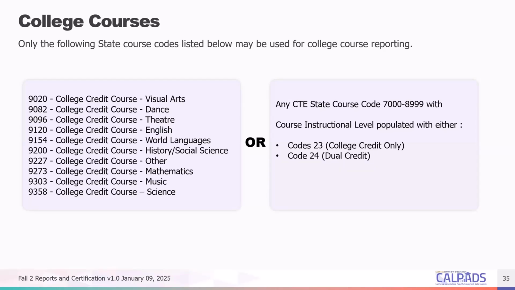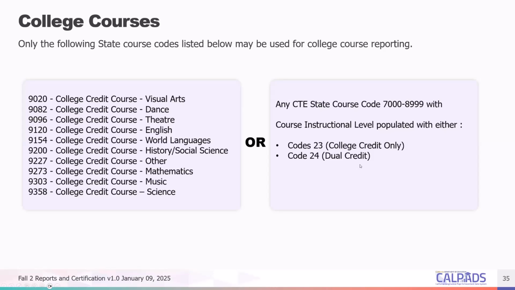If you have an agreement with the community college and students are taking courses there, you want to report the course with the college credit course code. It doesn't matter the subject, whether it's pre-cal, calculus, or calculus 2, it's just 92/73 college credit math. That's what we are collecting. Remember, college courses are taught at college standards, not K through 12 standards, so their specific math course is not significant. It's the fact that they're taking college credit courses.